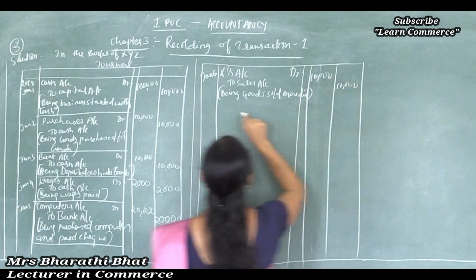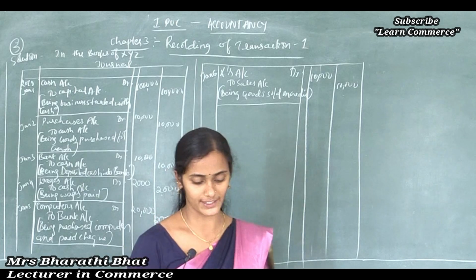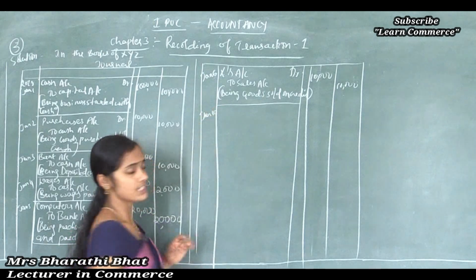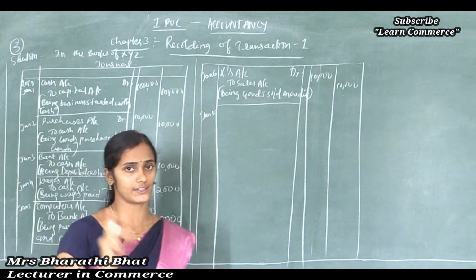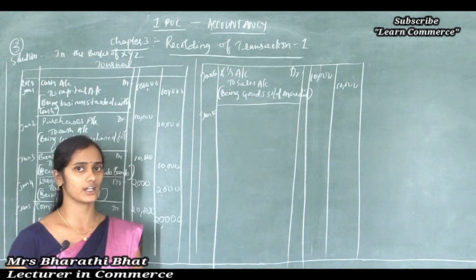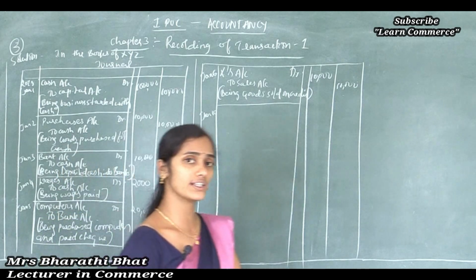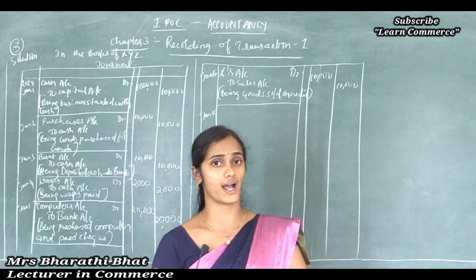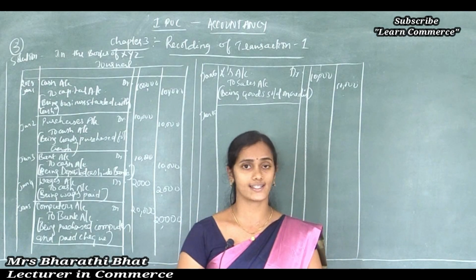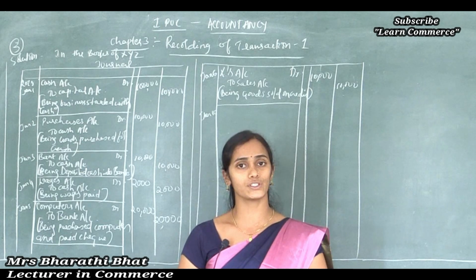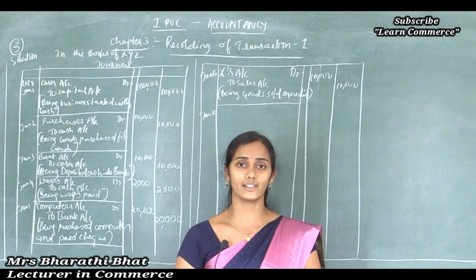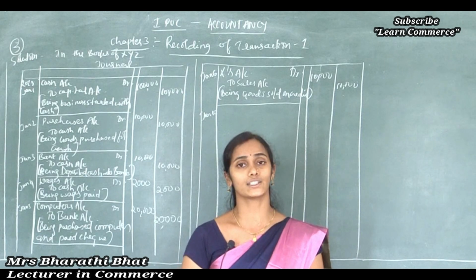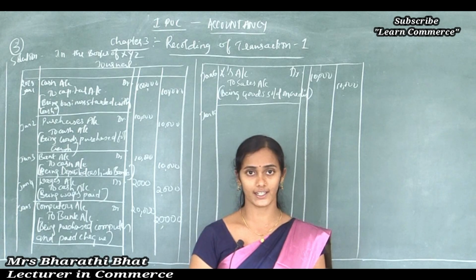10,000. Okay. And the next date, Jan 10. See this transaction. All these are simple journal entries. We know the simple journal entry and compound journal entry, correct? When more than one account is debited or credited, then for such transactions we need to pass the journal entry that is called a compound journal entry. In a compound journal entry, more than one account may be debited or more than one account may be credited. Such entries are called compound journal entries, correct?